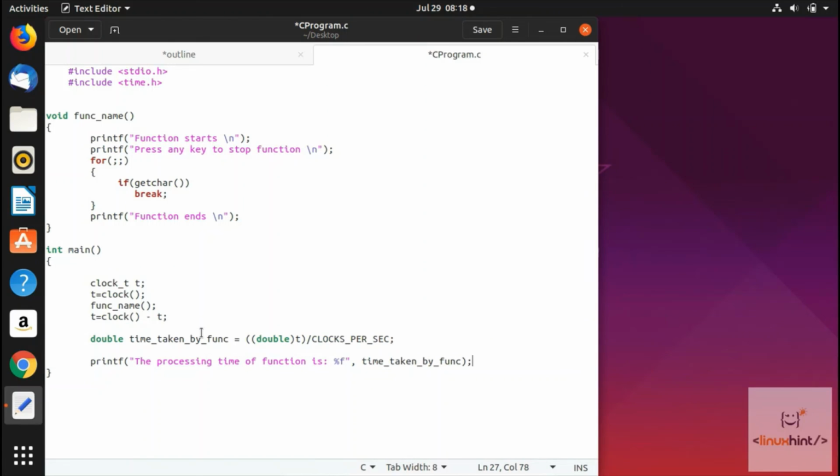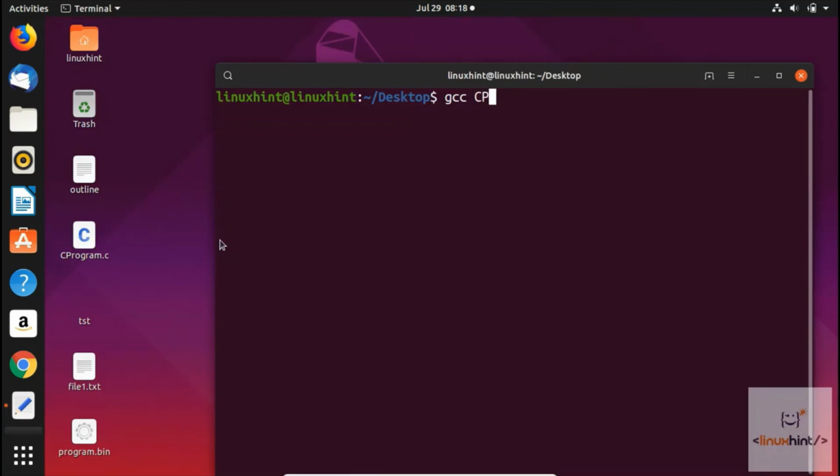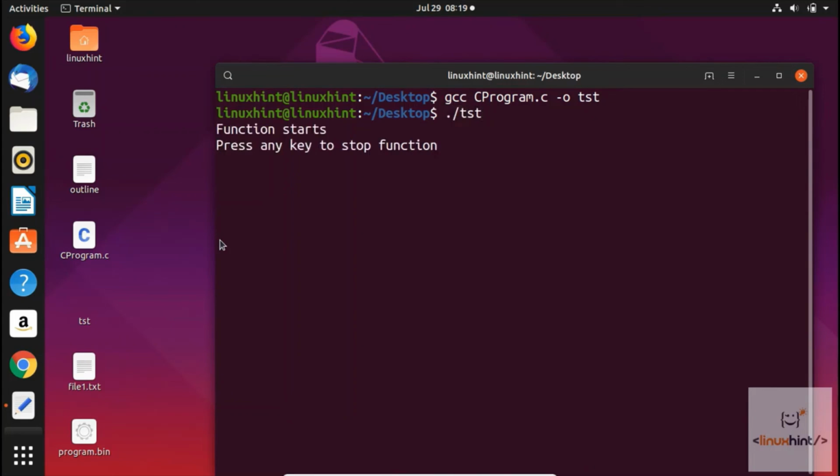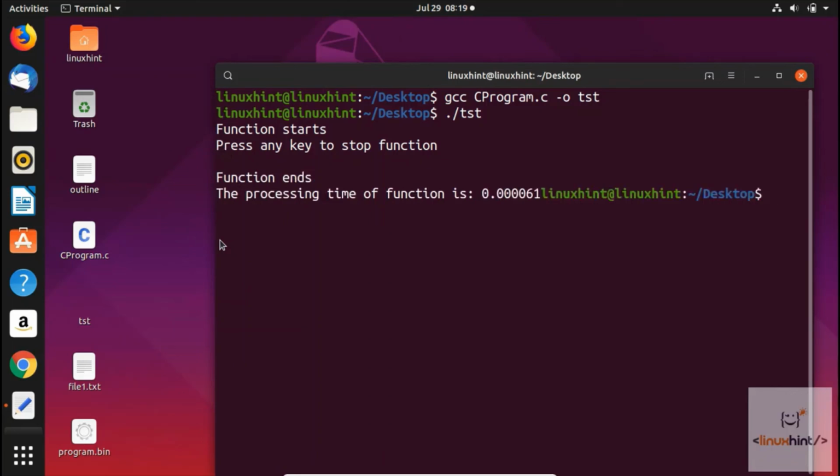That's pretty much it. We are done. Now we save it as c program.c, and compile with -o tst. We hit enter, and you can see that it has not given us any errors. Now we run the binary file, we hit enter, and it says function starts, and press any key to stop function. So we press any key to stop function, and you can see